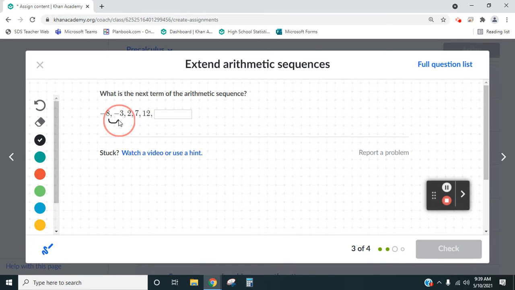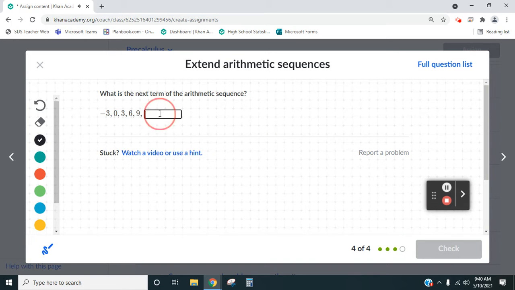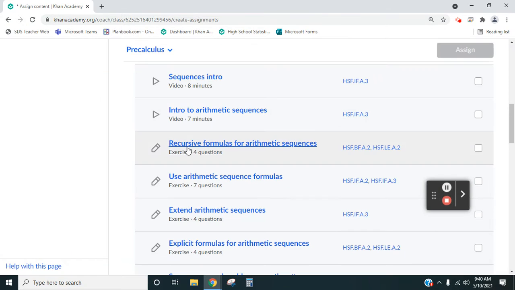This one, what's the constant difference? D. The constant difference is 5. Next number, 17. What if it is going down? What would the constant difference be? Positive or negative? Negative, right? We don't have one of those, so I'm skipping it. Anyway,